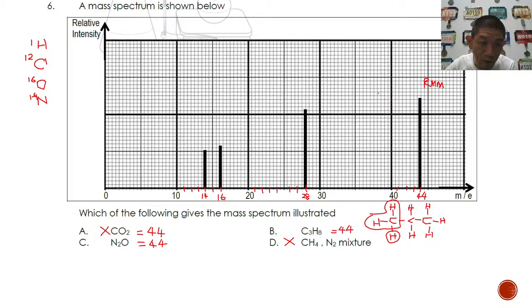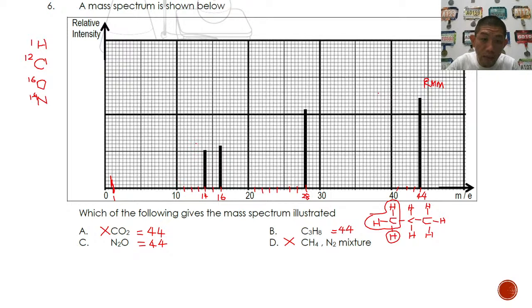So if it is monoatomic hydrogen, in here you see 1. You would see a peak in here showing that this is a 1, but in this diagram you do not see it. In another word, you will not be able to get CH2 like this, which would make the total mass equal to 14. So with the possible mass spectrum here, from the suggested